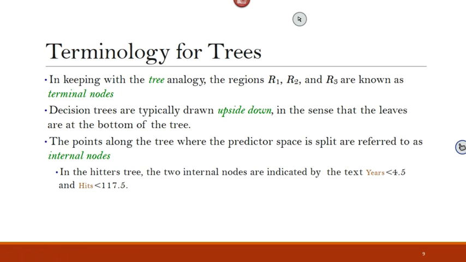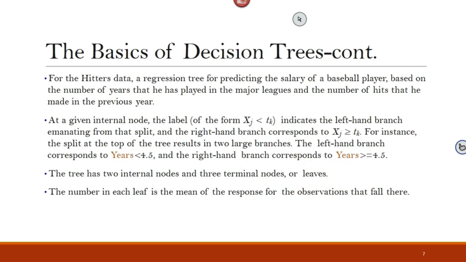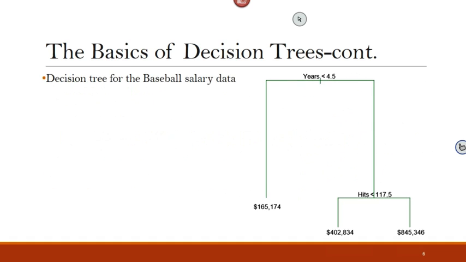Any questions about the terminology of the tree? We understand? Yes? So wherever we write no, those are the internal nodes, and wherever we write yes, those are the corresponding values. No. So the rules are the internal nodes.